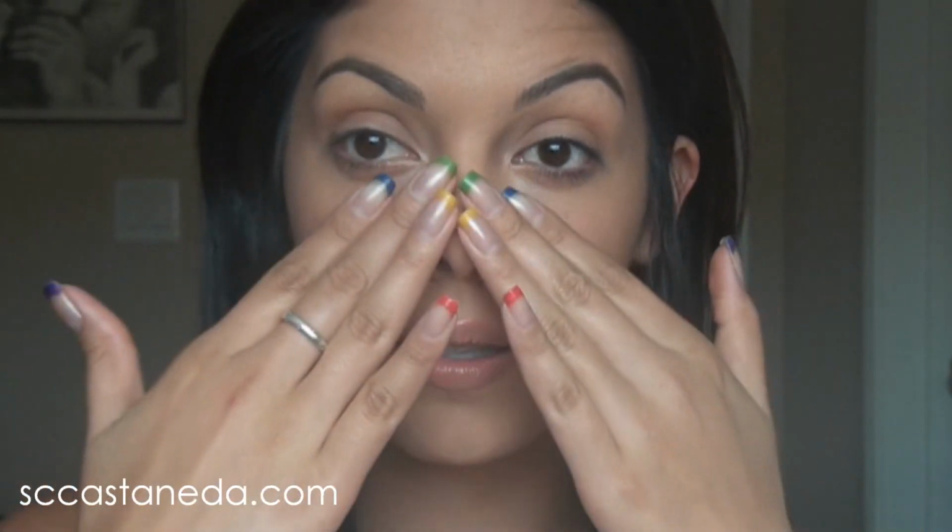This is pretty much how I start my foundation routine and coverage of any of my blemishes, like freckles, because I have a lot of freckles here on my face. I do have some discoloration on this side of my face where I have a couple of dark spots, and I get that from my mama because she has a lot of those dark spots all over her face. And just really in this area right here, making this area brighter, so that it kind of conceals